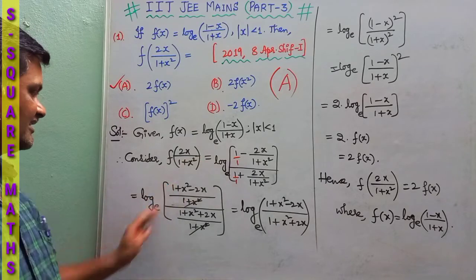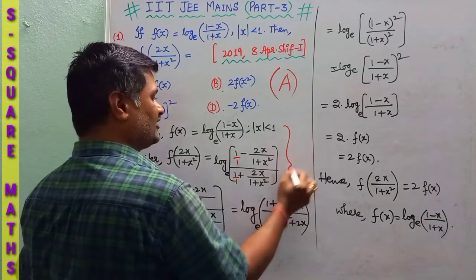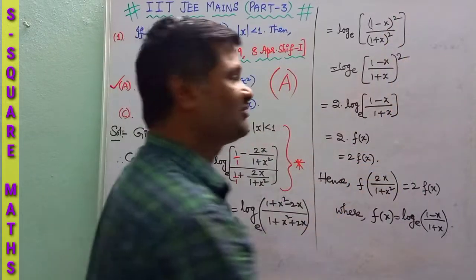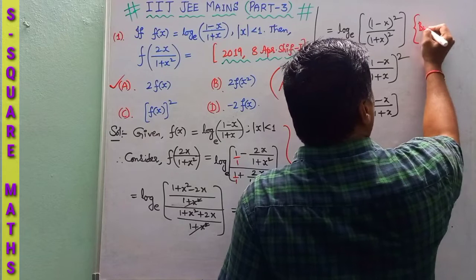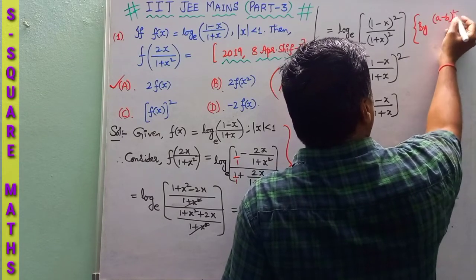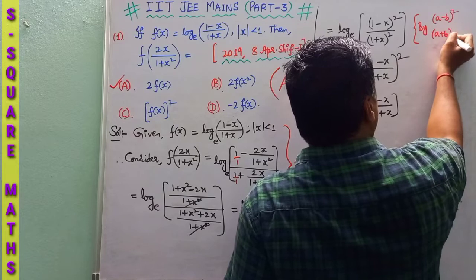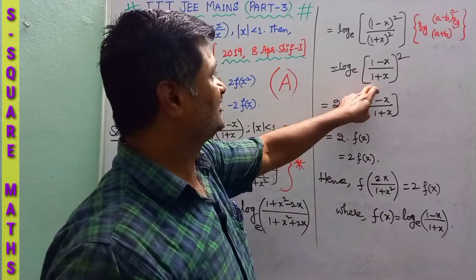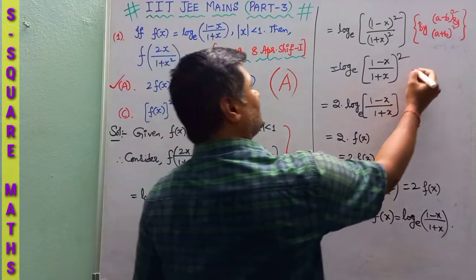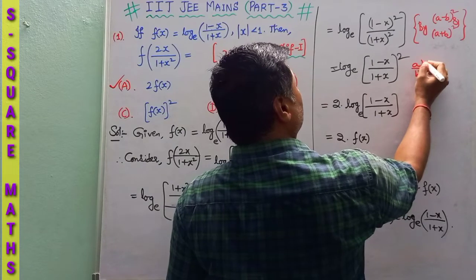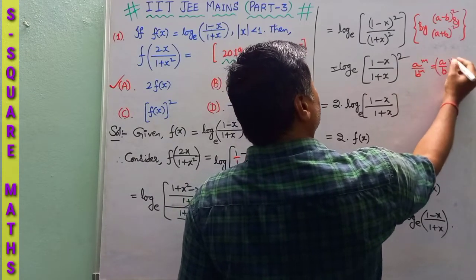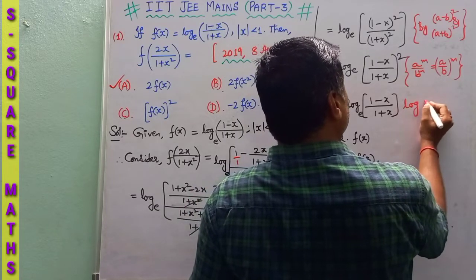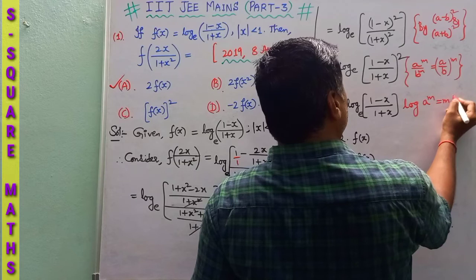I just went through the LCM and substituted here; this step plays an important role. Next, I applied (a minus b) whole square and (a plus b) whole square. Next, I have written this one. Next, a power m by b power m is nothing but (a by b) whole power m. Next, log a power m is nothing but m into log a.